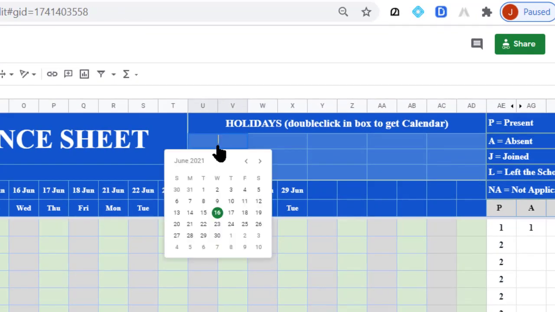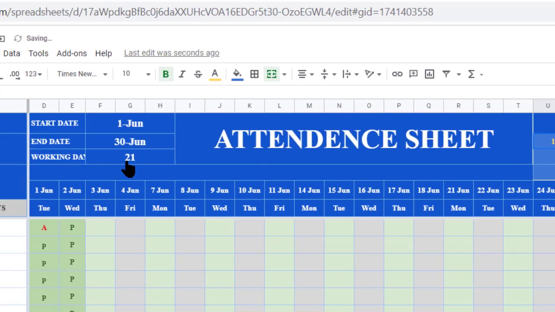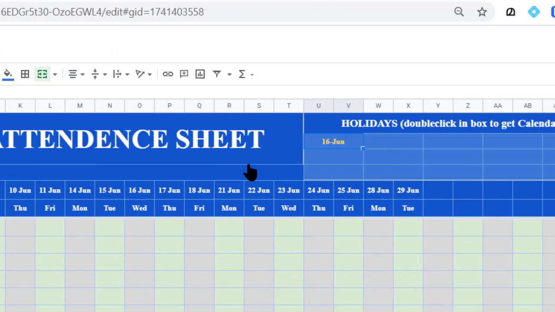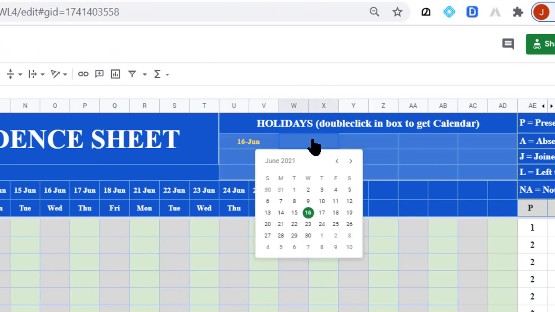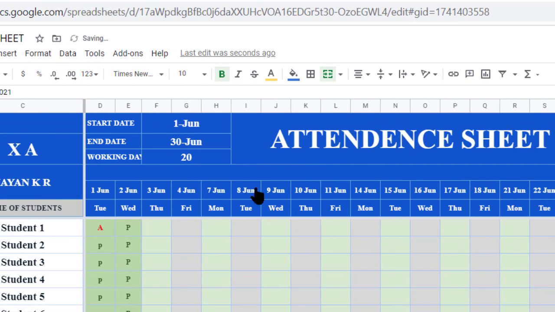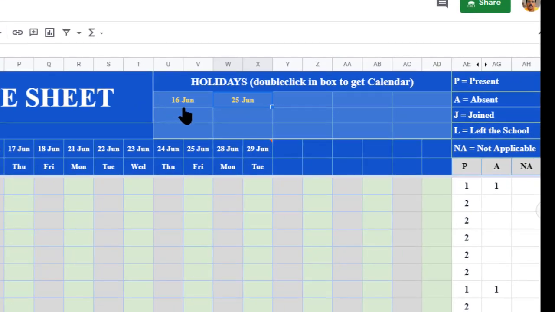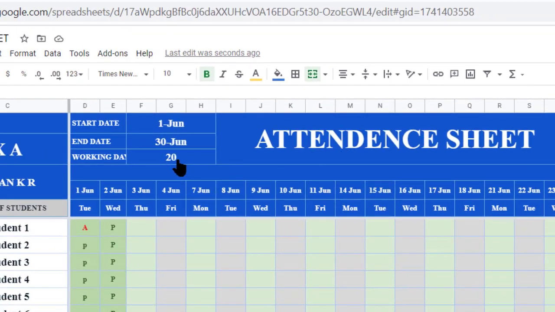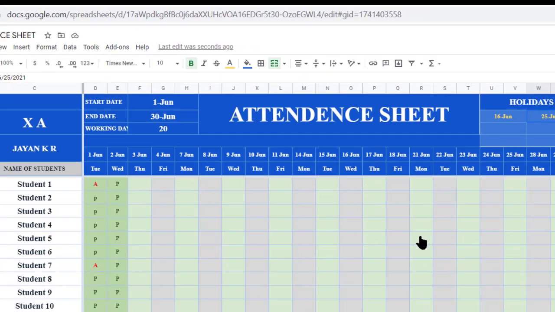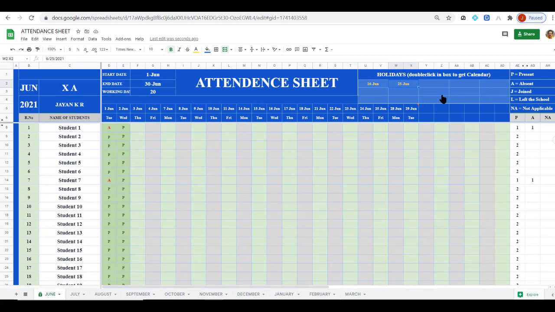When we add one weekday holiday, as I am marking here, you can see it is 21, only one reduced. And one more holiday in this month, the 25th, I am simply adding as an example. So when we add 2 days, you can see here only 20 now. Total was 22, but now it is 20. Including these 2 holidays, it is now only 20 working days this month. Here you can add up to 15 holidays.